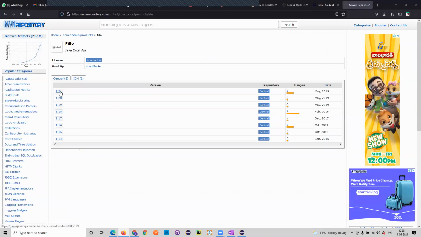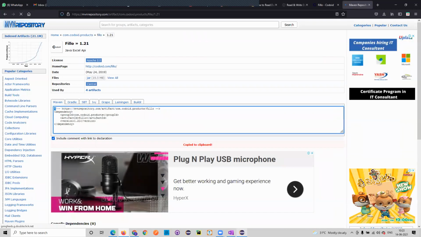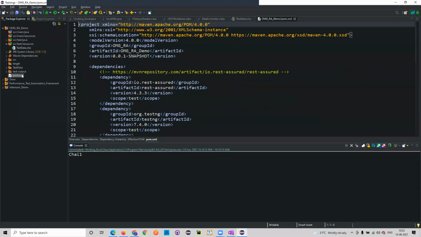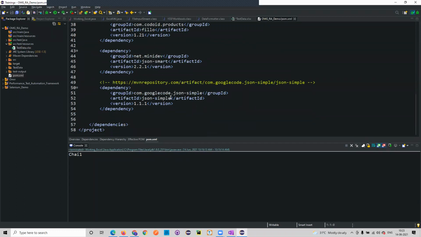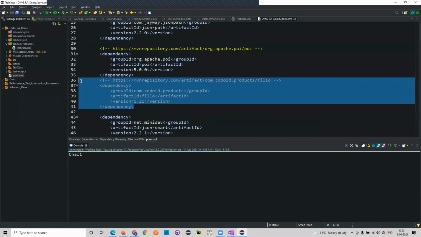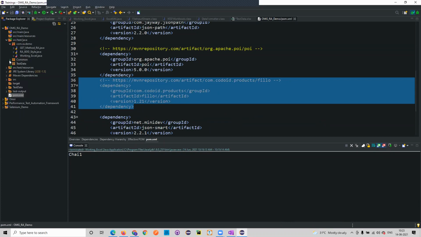Now take this particular dependency and add it into your pom.xml file. Once you have added that, update your project. Now this is also ready for you to use. Now when you want to work with this one, why is it throwing an error?